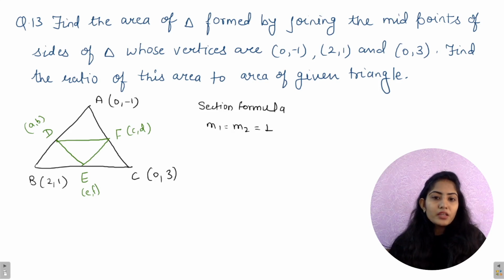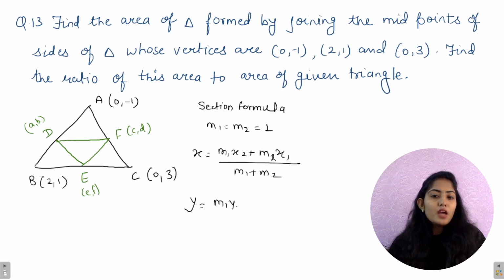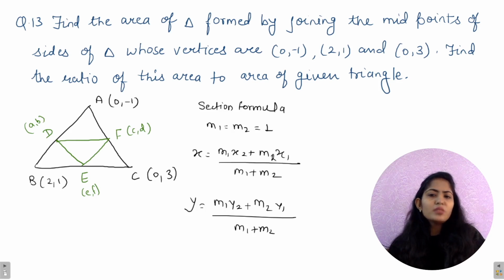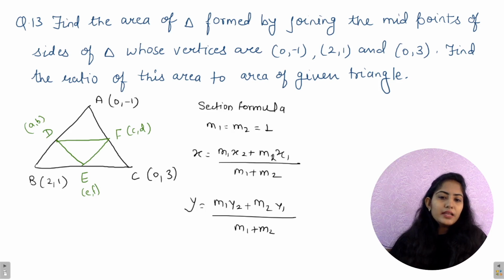तो अब हमारे पास में क्या सेक्शन फॉर्मूला कहता है, x इज इक्वल्स टू (m1 x2 + m2 x1) अपॉन (m1 + m2)। और सिमिलरली y के लिए लगा देते हैं, तो y = (m1 y2 + m2 y1) अपॉन (m1 + m2) लगा देते हैं। एग्जामिनेशन में जब m1 और m2 को हम इक्वल दे रखा होता है या 1-1 लिया होता है तो हम डायरेक्ट यूं लिख देते हैं (x2 + x1) अपॉन (m1 + m2)। क्लियर इट इज, ओके। तो अब हम इसको सॉल्व करते हैं, बट इन नेक्स्ट स्लाइड में हम इसको सॉल्व करने वाले हैं।